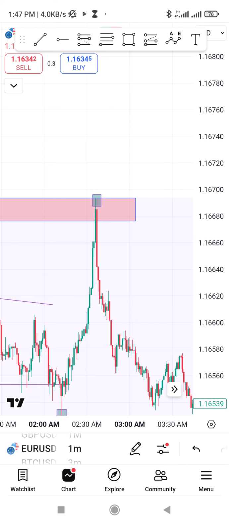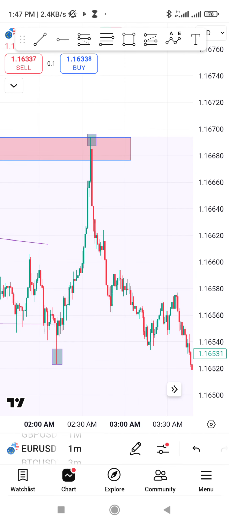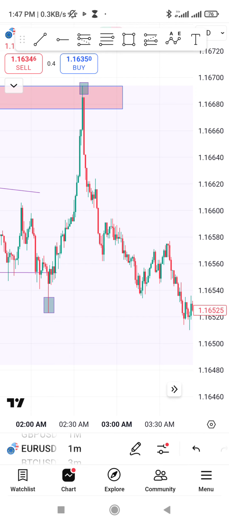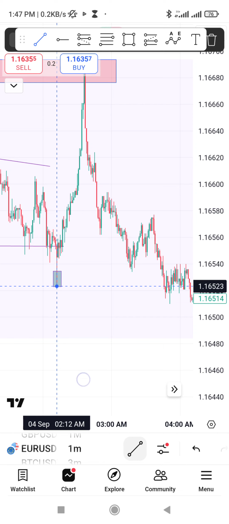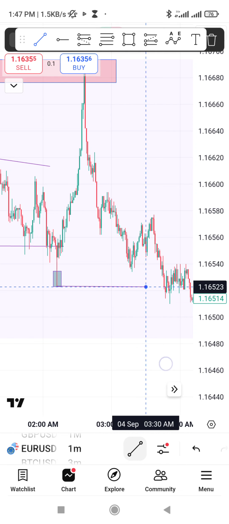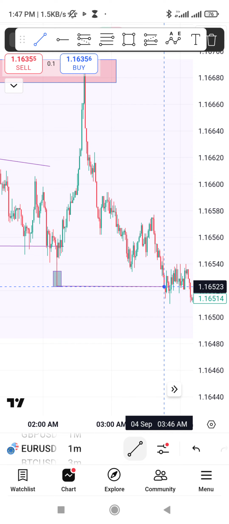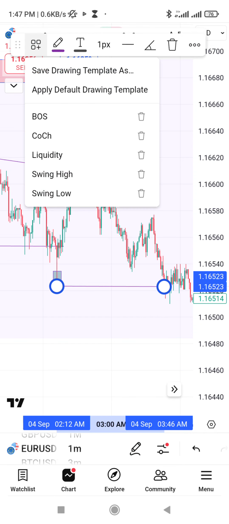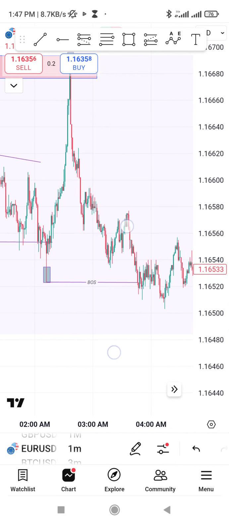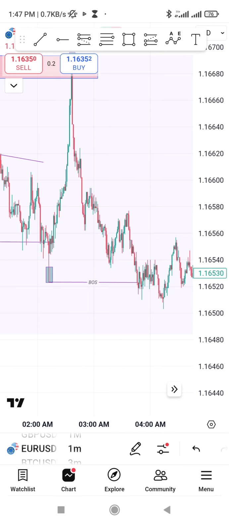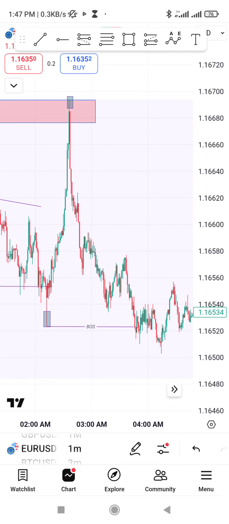After that particular inducement, for an inducement to be valid, it must at least lead to a break of structure, which it finally did here. What makes you a profitable trader is understanding what the market is doing and knowing exactly how to join it. So it did a break of structure, which is nice. After this, the rightful thing to do is to trade in accordance with the leading inducement, which so far is this bearish inducement that induced previous day inducements that led to a break of structure.